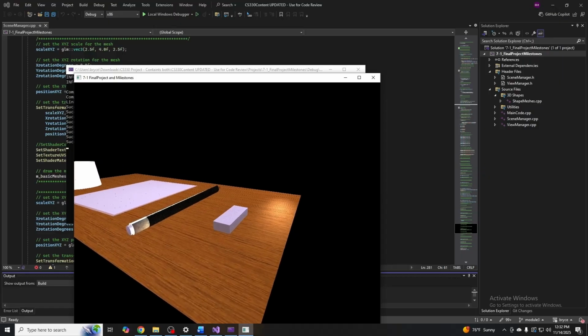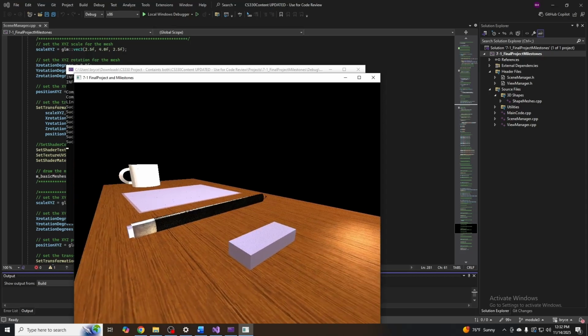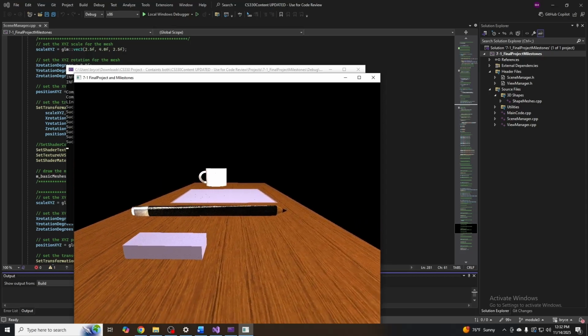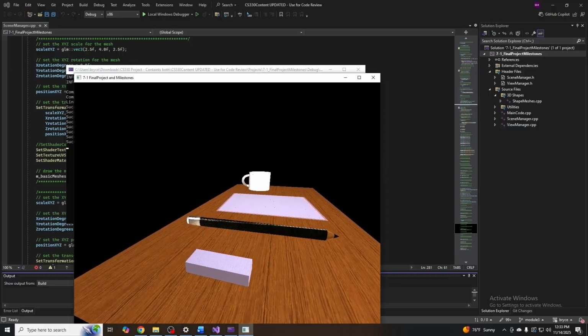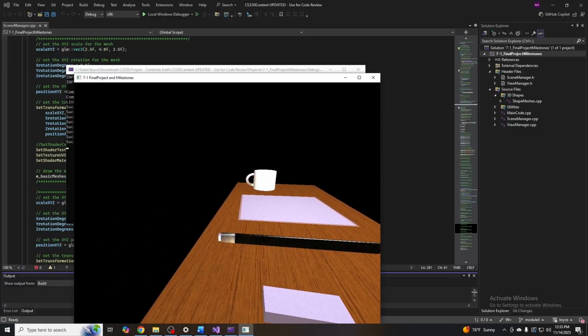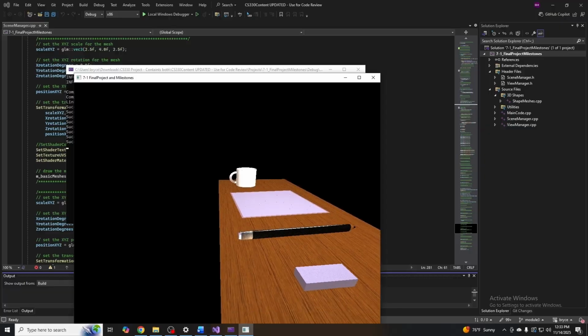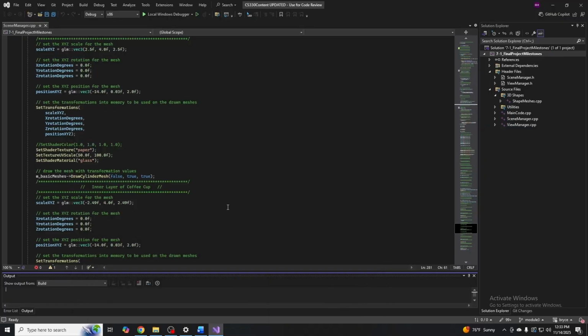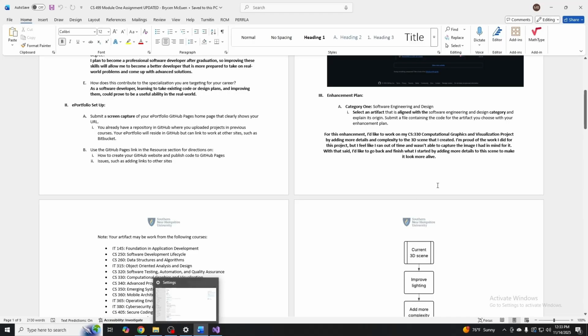Like I said, this is just going to add to the realism of the project, just give it more life. But yeah, that's my plan for this. Just add more details, improve the lighting, make it as realistic as I possibly can. So that's what I plan to do for that. And then if we go back to the document,